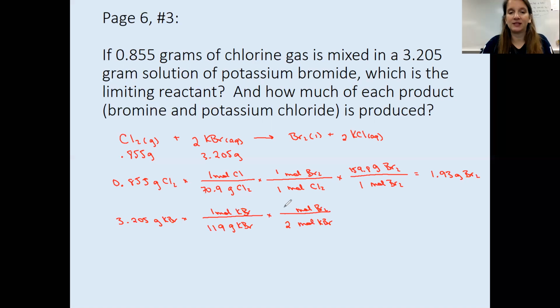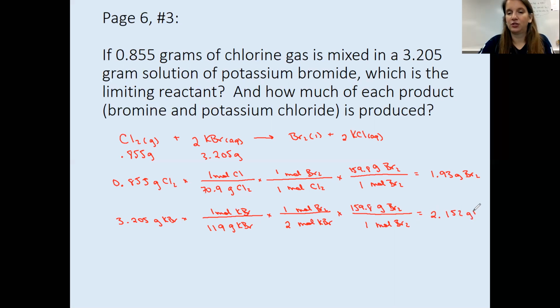Notice I am using the same product for both of these limiting reactants. I don't want to take chlorine to Br2 and then KBr to KCl, because that is not going to give me a good comparison. I need to make sure I take both of my stoichiometry conversions to the same product to compare. So then I'm going to have moles of Br2 down here. I'm going to use 1 this time again, because I'm always going to put 1 mole on the opposite side of the conversion factor from my molar mass, which is 159.8. So I'm going to go ahead and calculate this. I've got 3.205 divided by 119 divided by 2 times 159.8, and I've got